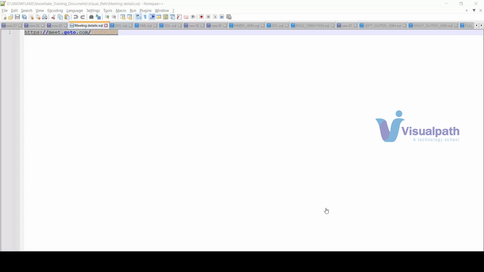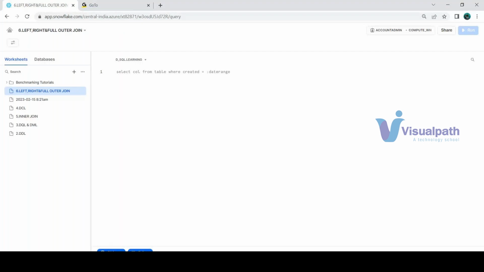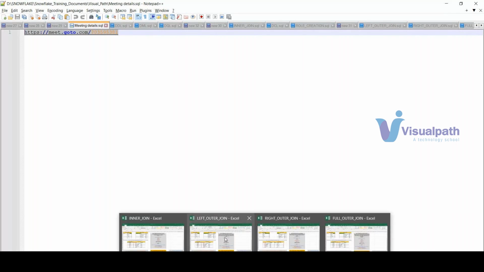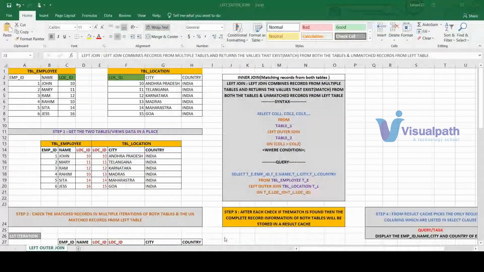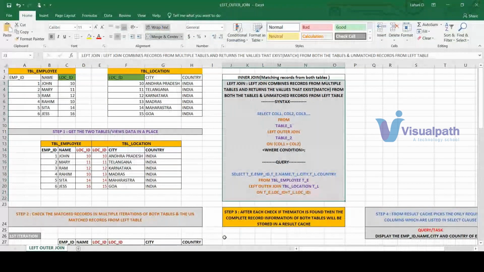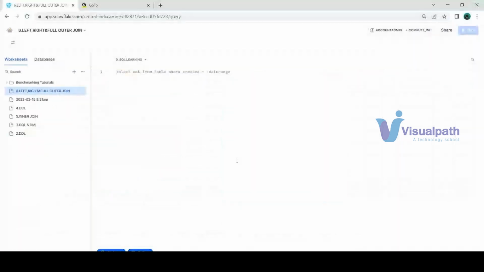Now we'll start seeing our next joins: left outer join, right outer join, and full outer join. For the left, right, and full outer join also, I'll consider the same data set, table employee with table location. So the same thing, I'll just show you how the query looks and how we need to write it. First I'll start with the from clause,